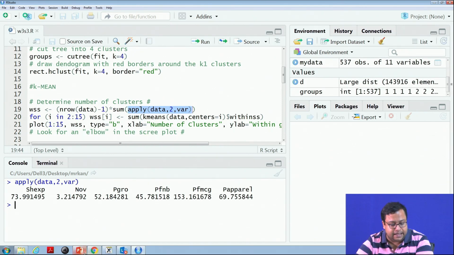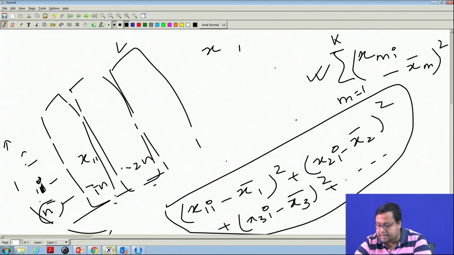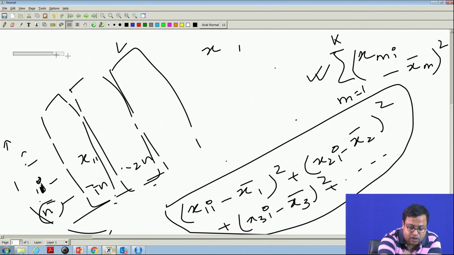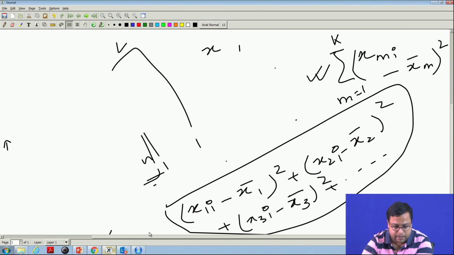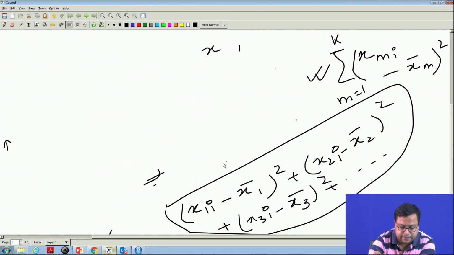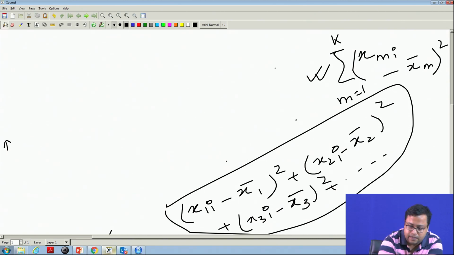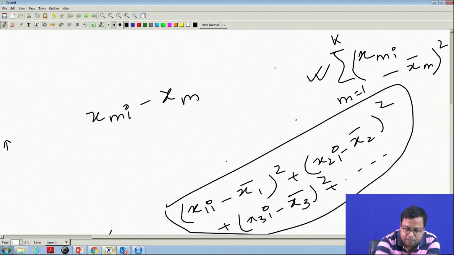Now, what is variance? Variance of a single column can be written like this. Just check. Variance of a single column, can it not be written like this?